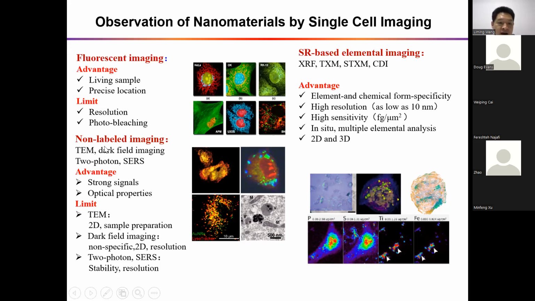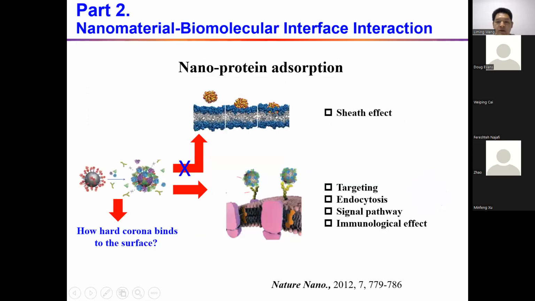For other non-labeled imaging, for example TEM and other techniques, they need to penetrate the samples and cannot get in situ information. So with this advantage, we will introduce detailed examples of how the techniques are used in nano-bio